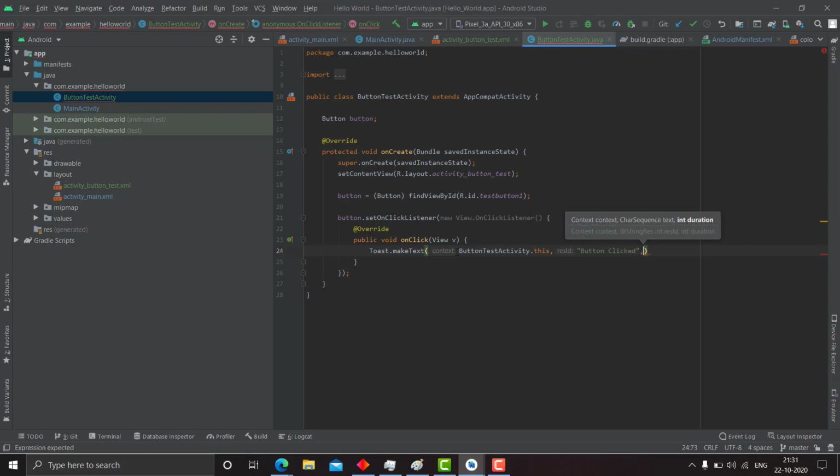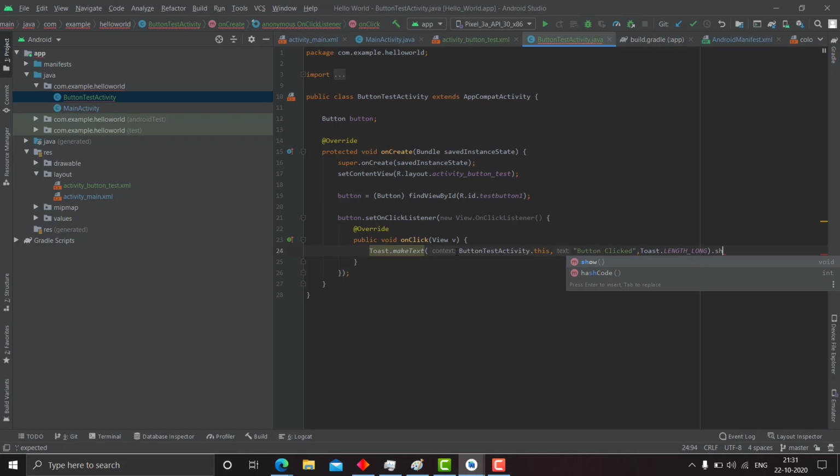Then you need to specify the toast length, if you want to keep it short or long. Let's keep it long for now. And then you need to call .show. Show is required if you want to see the toast message. If you miss it, then you will not see the message.